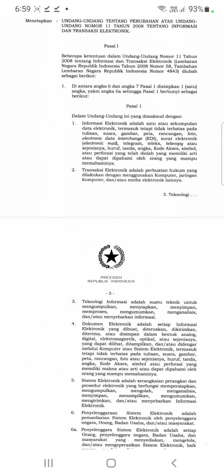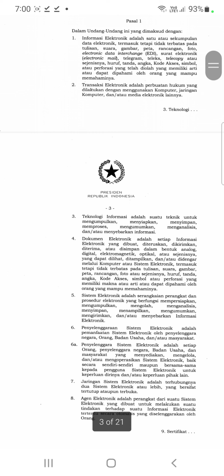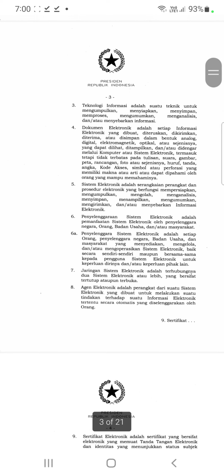Okay, next. Electronic transaction is the legal activity that is performed using a computer or computer network or other electronic media. Information technology is a technique to collect, prepare, store, process, announce, analyze, and spread information. Electronic document is every electronic information that is made, forwarded, sent, received, or stored in the form of